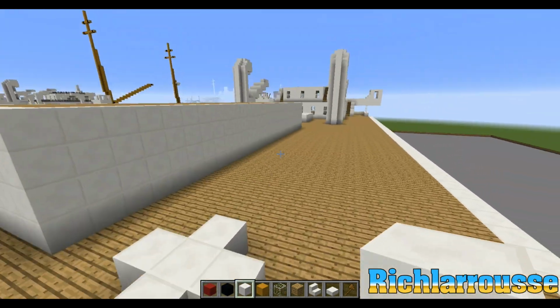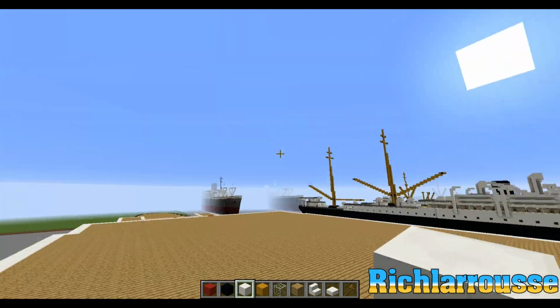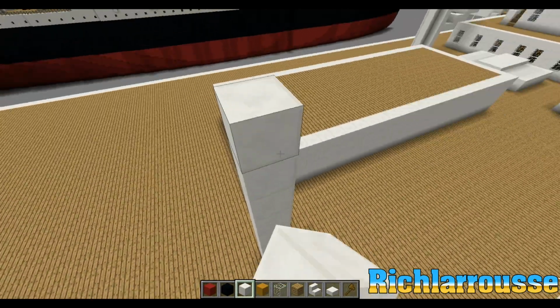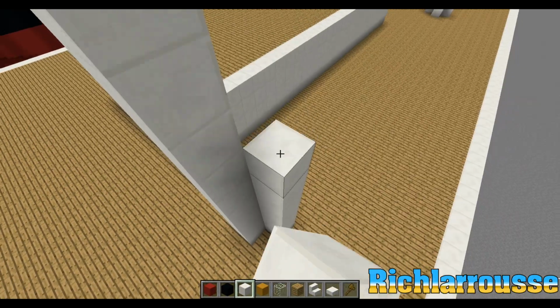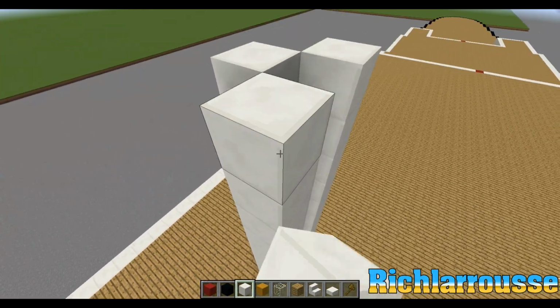And then it's the same design as the one at the front, so you build it 11 high, sorry, but this time it's going to be facing backwards, so 2, 3, 4, 5, 6, 7, 8, 9, 10, 11, and then build it 11 high all the way around, like so,